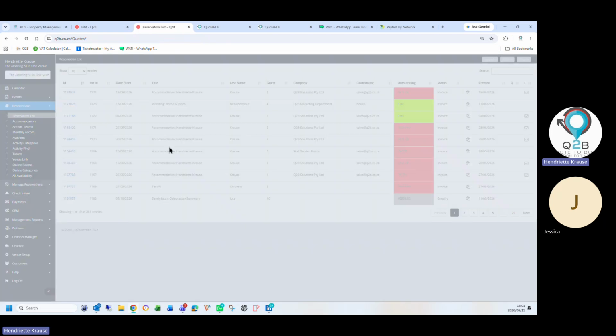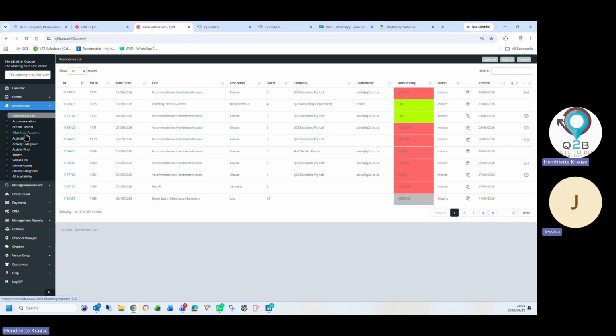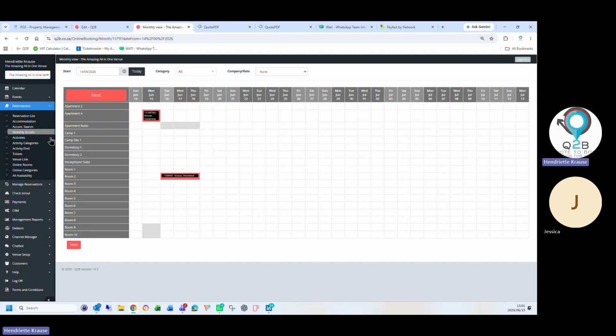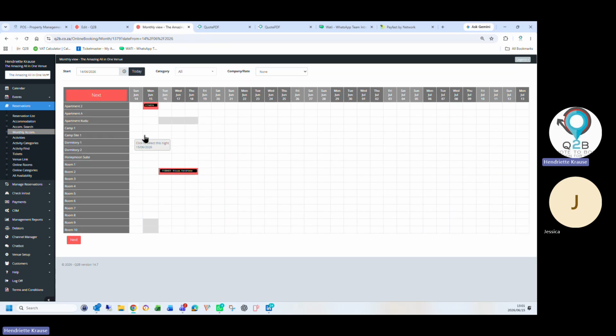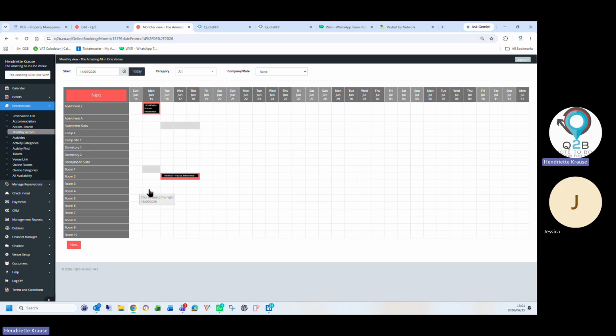Okay. Now let me show you the accommodation. So these are all internal screens. So I've made a booking from this. If I want to move them to another room, I can just drag and drop and the invoice will update with the new room details. Okay. We also do split accommodation. I don't know if you have rooms like that, where you can separate the two rooms. Yes. Okay. So that's what we call split accommodation.